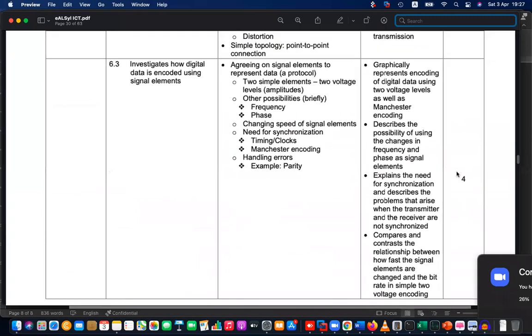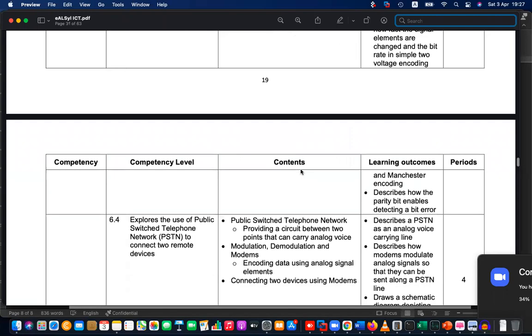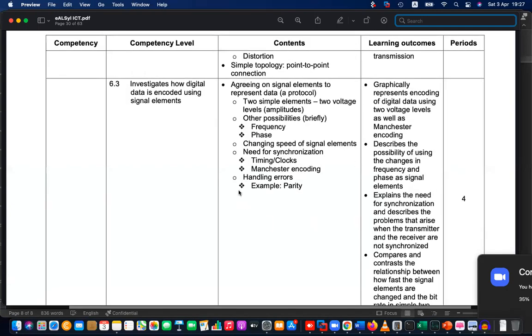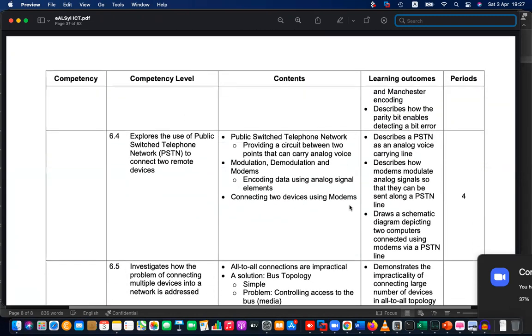Actually, because it's the primitive part, it took around 4.5 hours to finish this lesson. And next day, we will quickly finish this part, right? The voltage levels, frequencies, phase, and all these things. So we have already discussed that, and Manchester encoding as well as the parity. And actually, next week, my plan is to do this encoding thing, parity, and then discuss some other